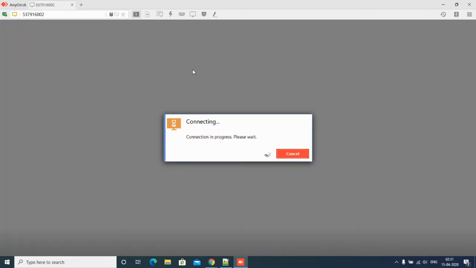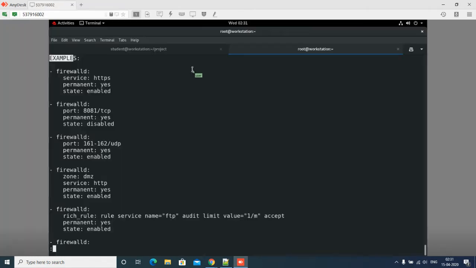Some issues were coming in with my network connectivity. Now it is working fine.